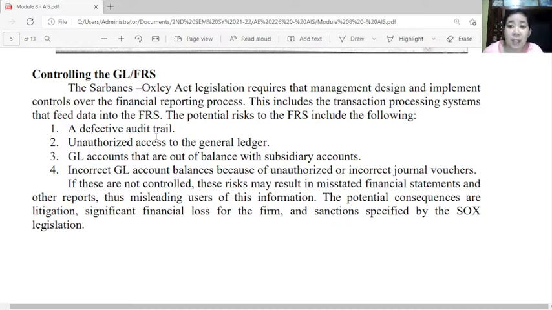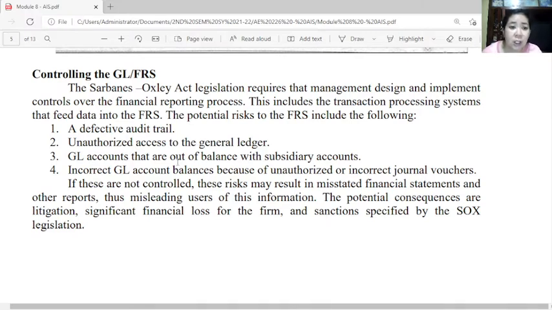This will include transaction processing systems that feed data into the financial reporting system. Here, control is very important because of the potential risks. These are the risks: there might be a defective audit trail, unauthorized access to the general ledger for manipulation,